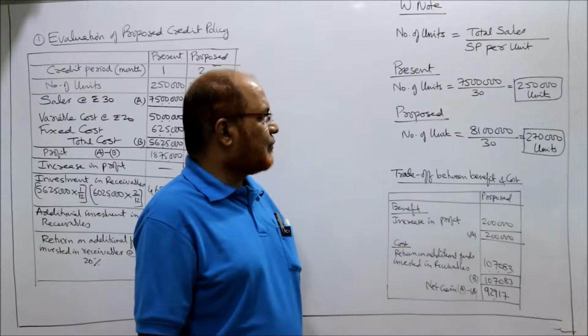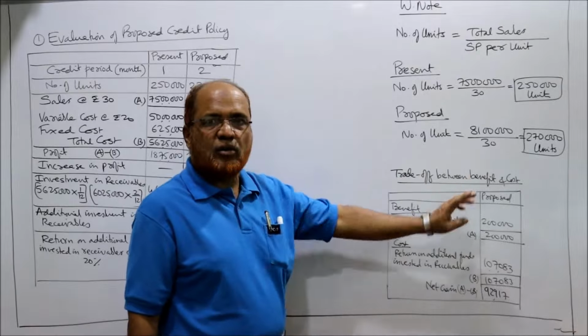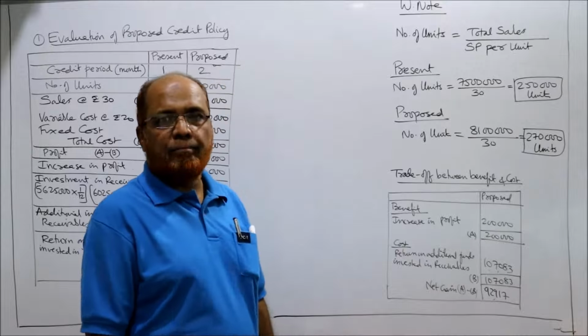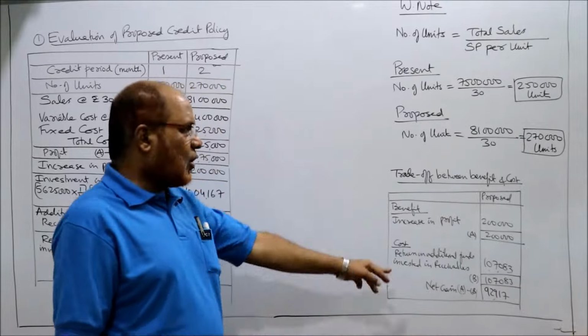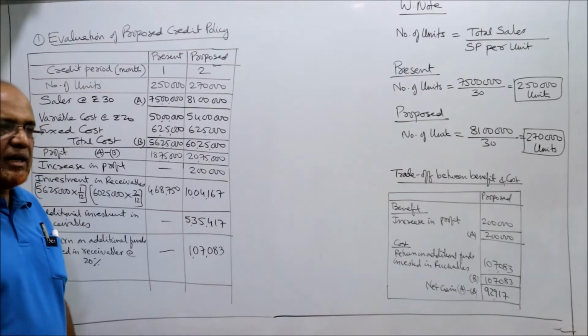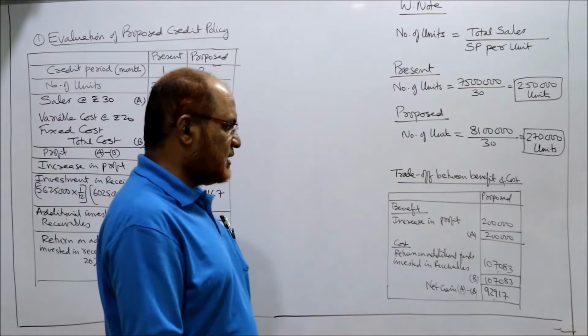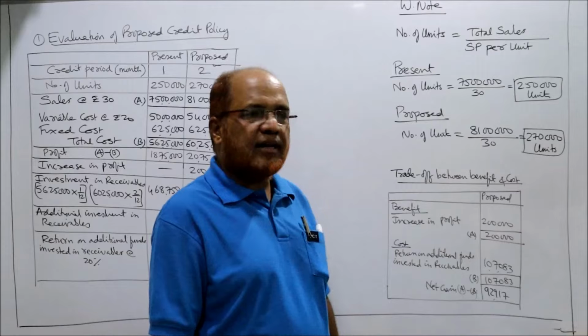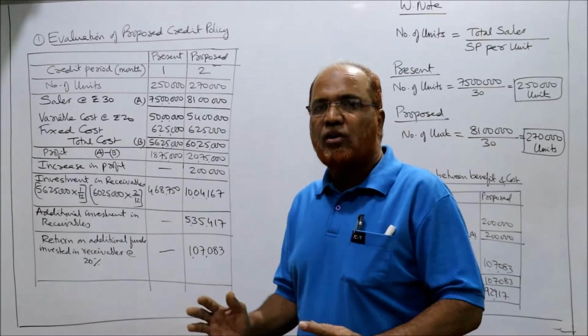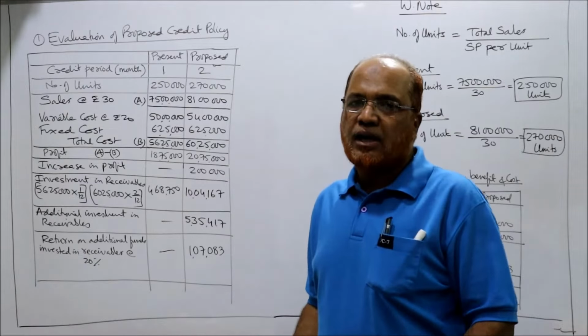नाउ वी हैव टू मेक अ ट्रेड ऑफ। तो ट्रेड ऑफ बिटवीन बेनिफिट एंड कॉस्ट, दोनों को सेट ऑफ करेंगे, बेनिफिट में से कॉस्ट को निकालेंगे, बेनिफिट प्रॉफिट है और कॉस्ट जो है रिटर्न ऑन एडिशनल फंड्स इन्वेस्टेड इन रिसीवेबल्स, निकाल दिए तो नेट गेन आ गया 92,970। नाउ यू हैव टू मेक ए कंक्लूजन,